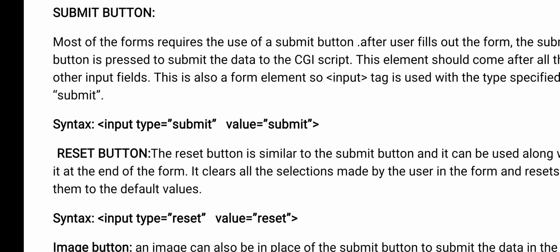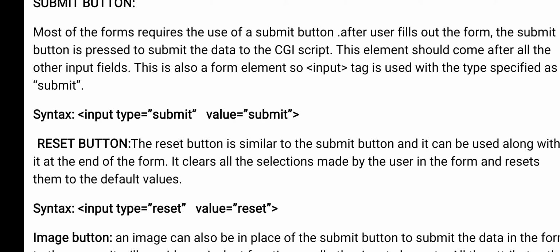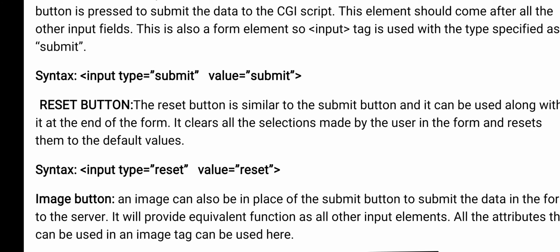So when the user clicks on the submit button, whatever fields the user has entered are submitted to a server. See here, input type equals what? Submit. Okay, input type equals submit, and the value is submit. Here the value is nothing but a label on that button, like login, register, those are labels, no? So here submit is a label. Whatever value you give as the value attribute is displayed on that button. Okay, it is just like a name.